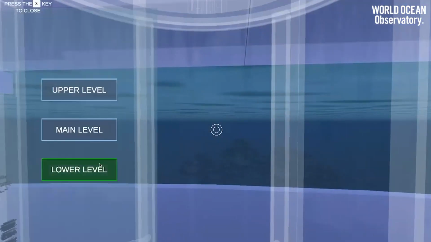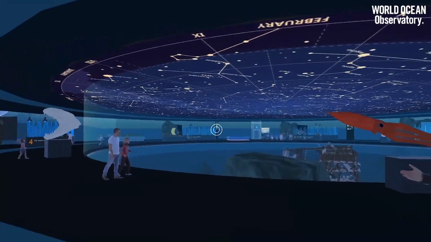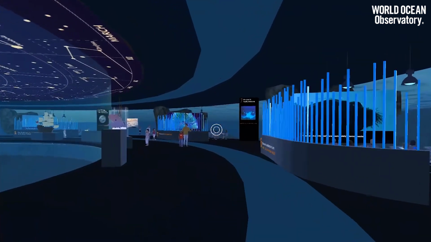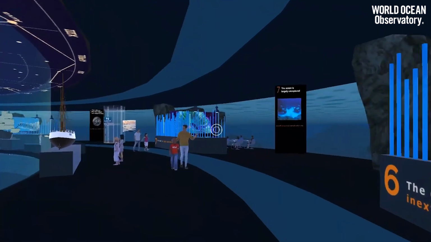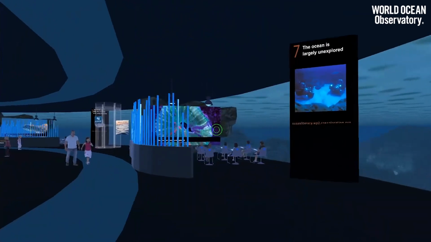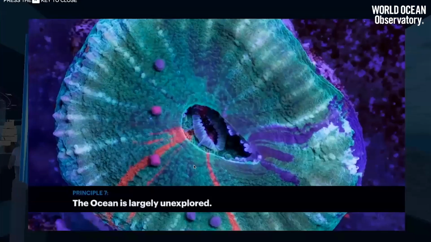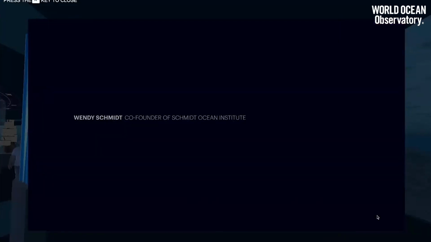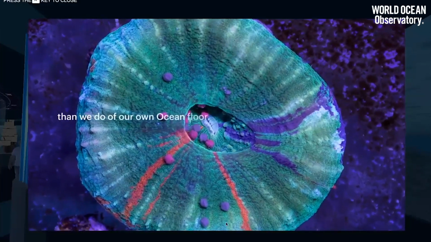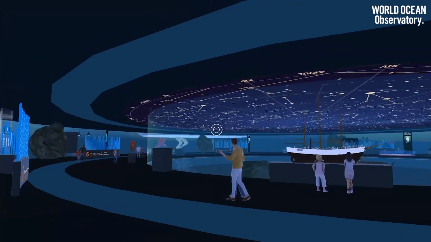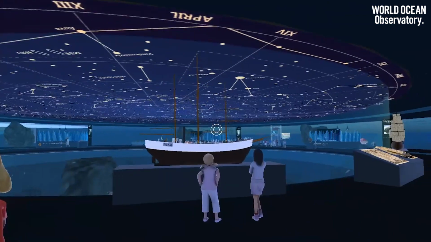So this takes you down to the lower level. We're still within the hub. So this lower level, do you want to talk about this a little bit, Bjorn? Oh, I was just going to say, this is the ocean classroom, which is designed to show the 7 principles of ocean literacy. And each principle has its own video. IOC, UNESCO. Video resources here. It's not just a straight video that plays. You can pause it, you can come back to it, along with